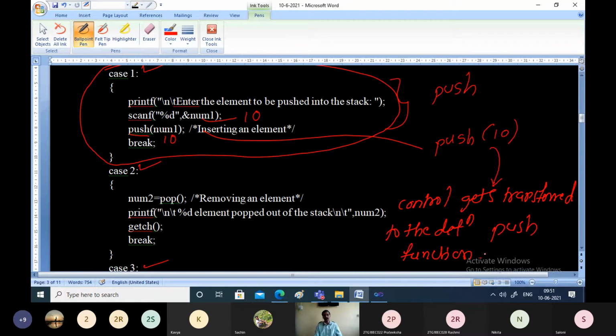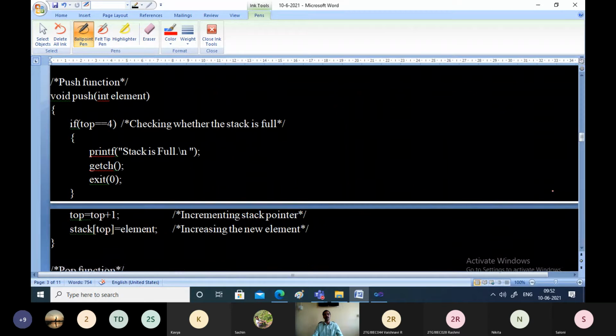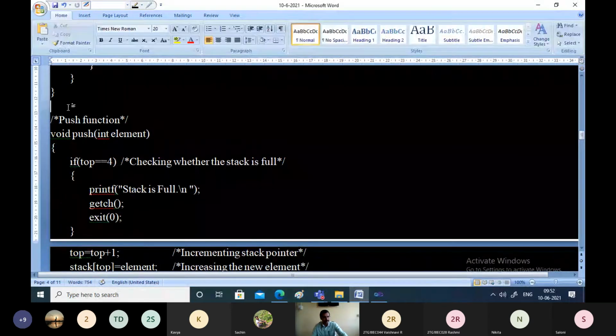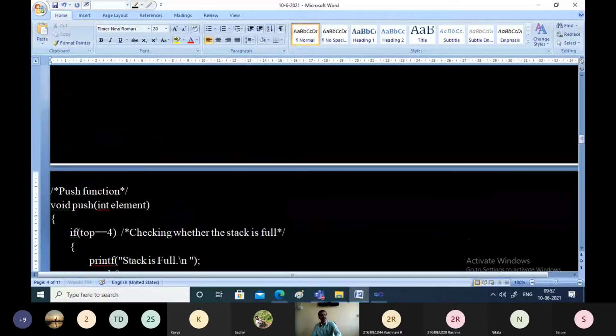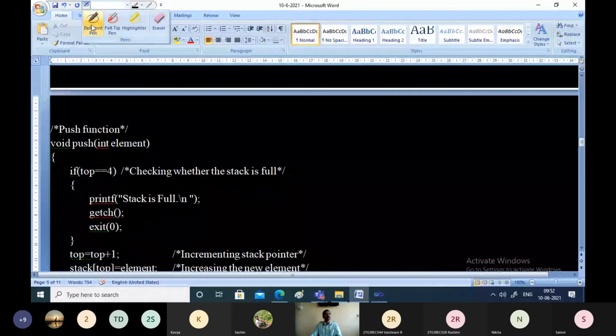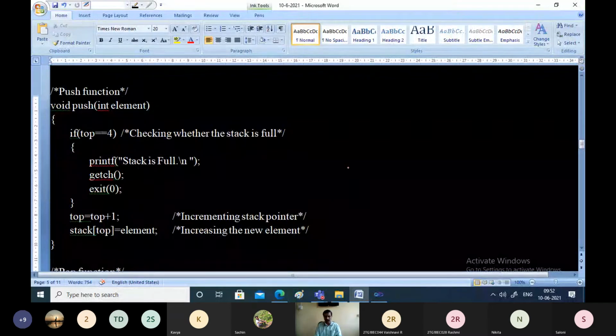Now we have to execute the push function, and after that it will return back to the same place. Now let us go to the definition of the push function. Yes, this is the push function.